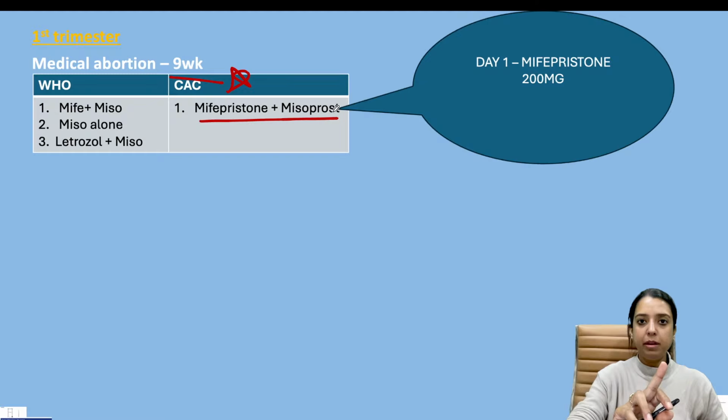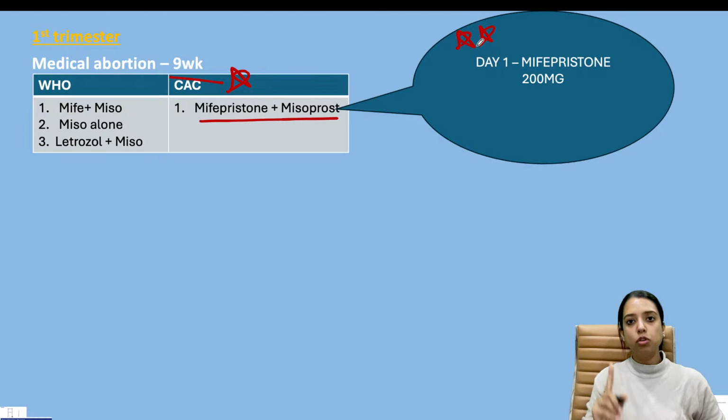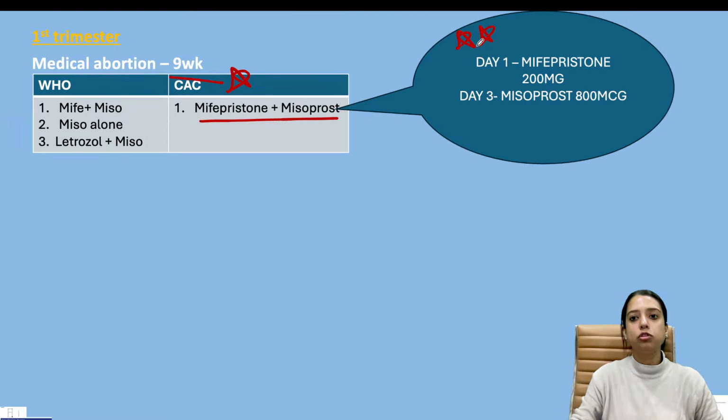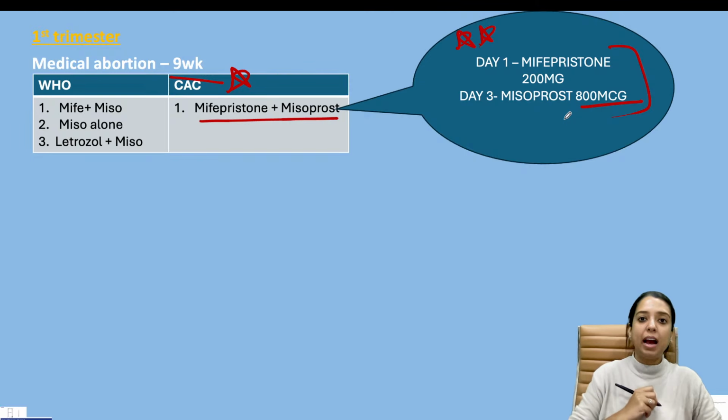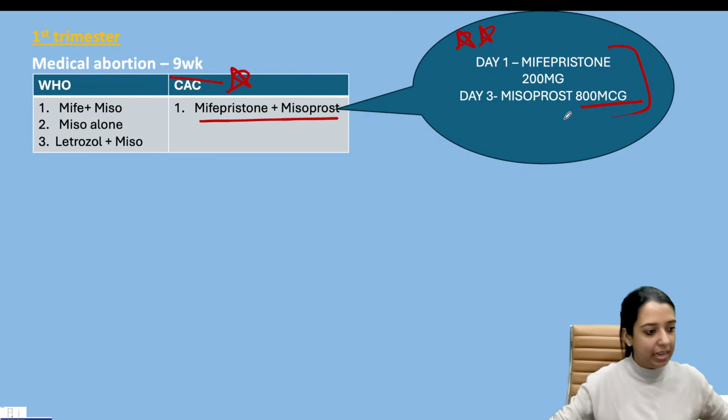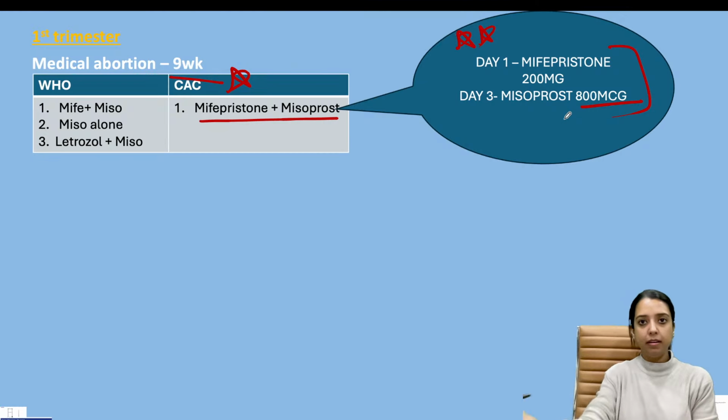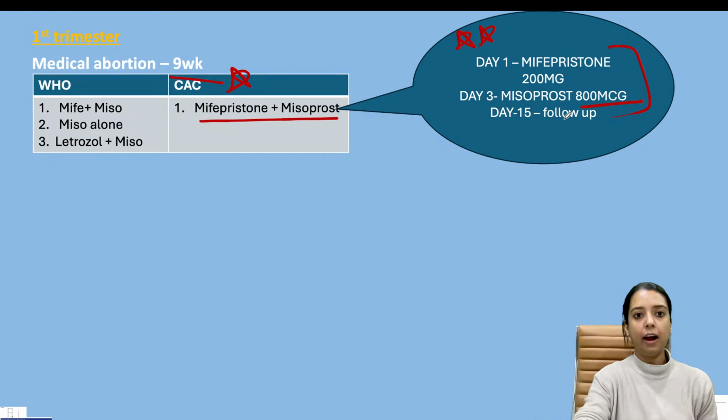How to take mifi and miso? Mifepristone dose 200 milligram. Do you have to remember the dose? Yes, of course. Mifepristone 200 milligram given on day 1. Day 2 पे nothing done. Day 3 पे misoprostol given 800 mcg. मिफी 200 देते हैं, मीजो 800 mcg देते हैं, बस. This is the only method given by our guideline for medical abortion in everyone who is less than 9 weeks. कितने gestation पे? Less than 9 weeks. After 9 weeks,